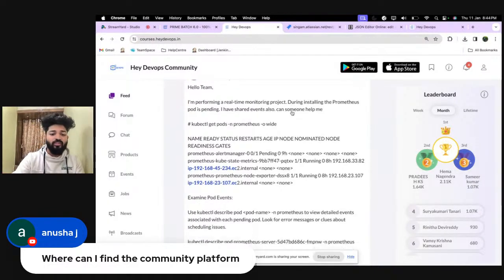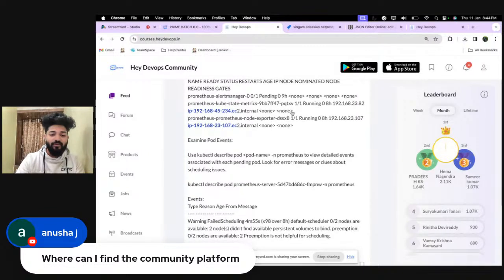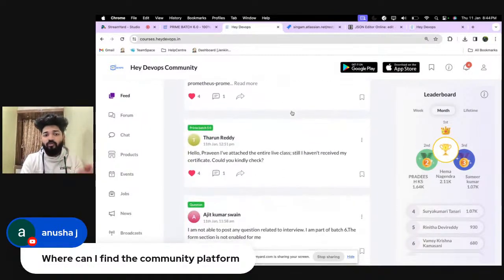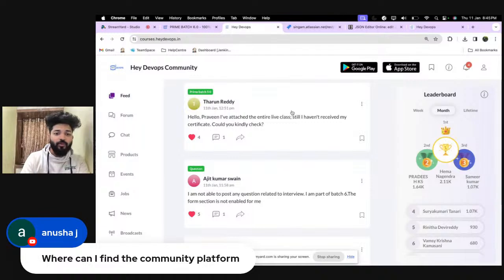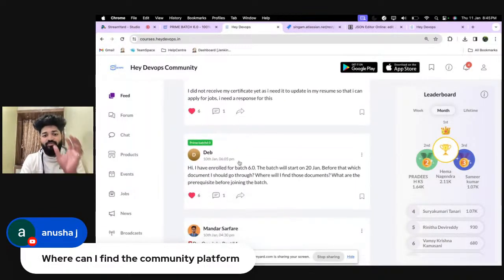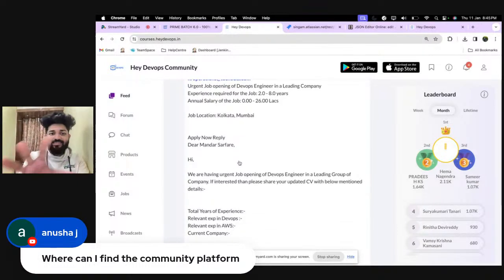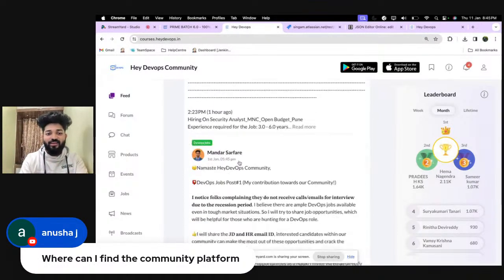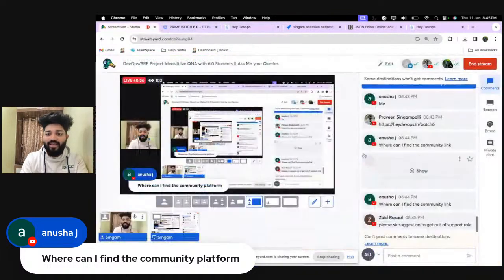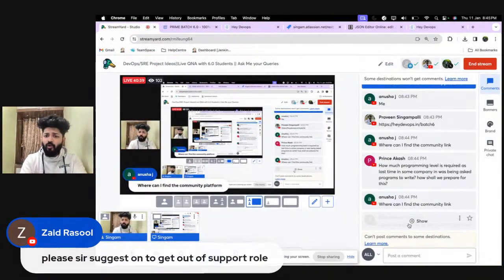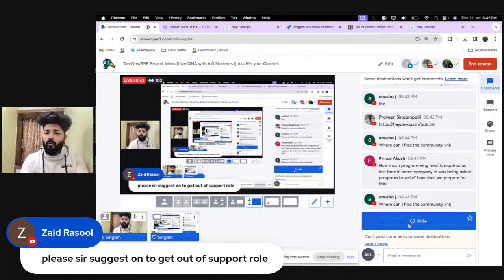And you see how the students are actually helping themselves, right? We have various kinds of events going on here. So all of you, please try to understand what we are trying to do. And you see, for every question, we have an answer from the students. People are sharing their journeys, their salary structures, how and where they can apply, all those things, right? So I want everyone to be with me. Yes, you can be part of a support role also. Don't worry about that. You can do a support role also.